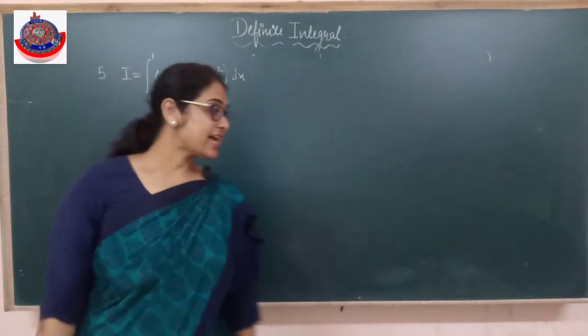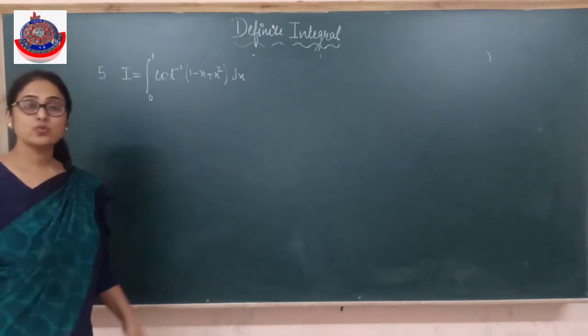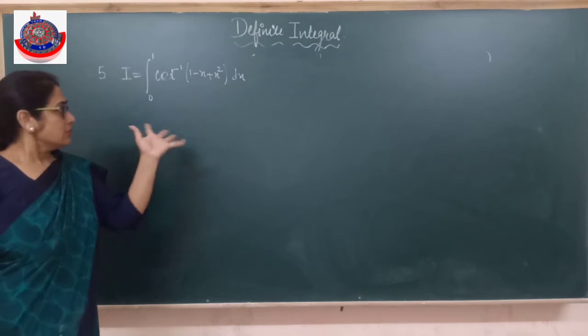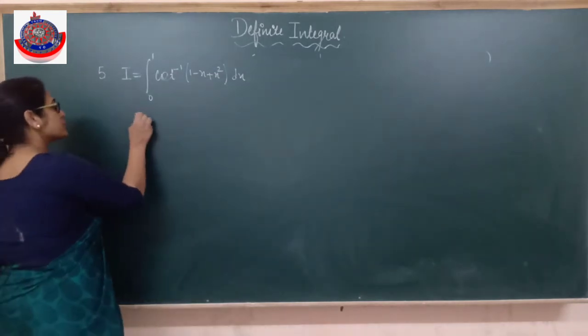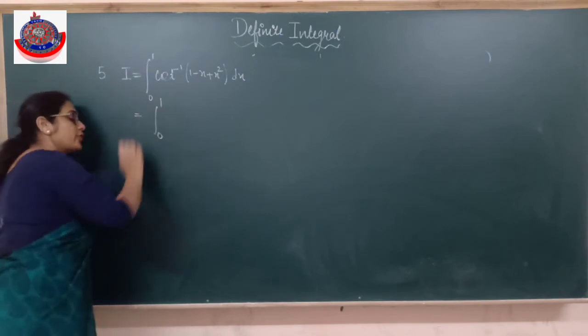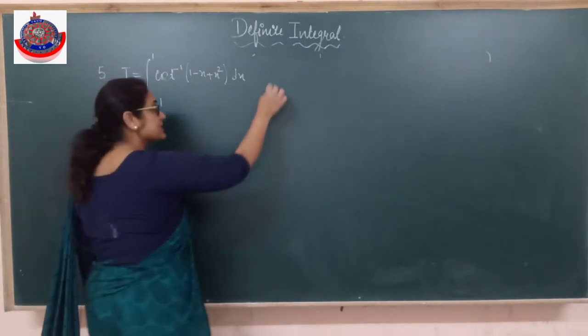Fine. Now I have to integrate cot inverse of 1 minus x plus x square. Limit is 0 to 1. I don't know how to integrate. So I need to think. Whenever an inverse trigonometric function comes, we have to think from the point of view of inverse trigonometry. We know that cot inverse x can be written as